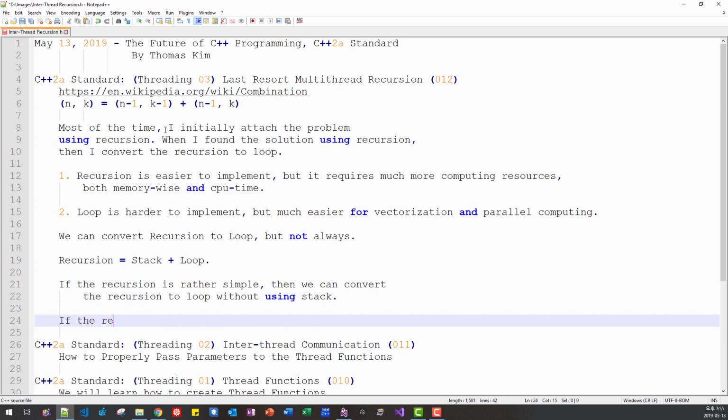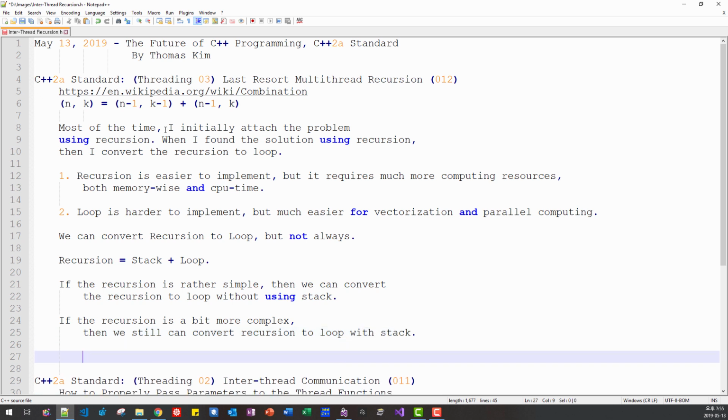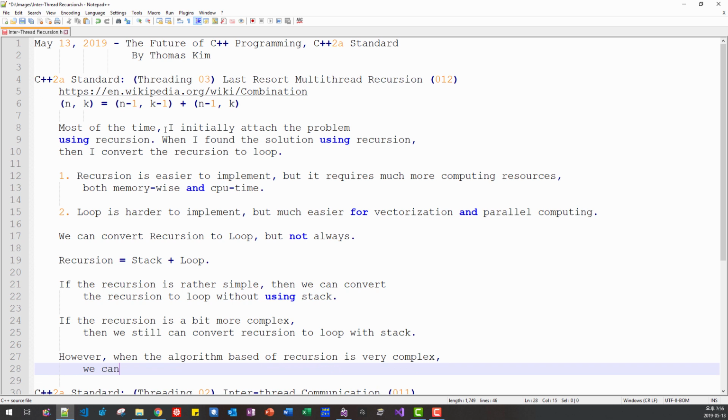If the recursion is a bit more complex, then we can still convert recursion to loop with stack. However, when the algorithm based on recursion is very complex, we cannot. It is too complex to convert to loop.